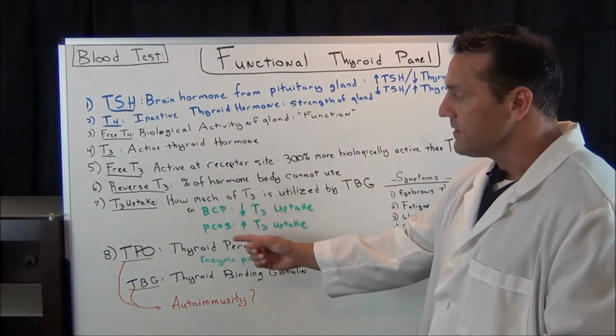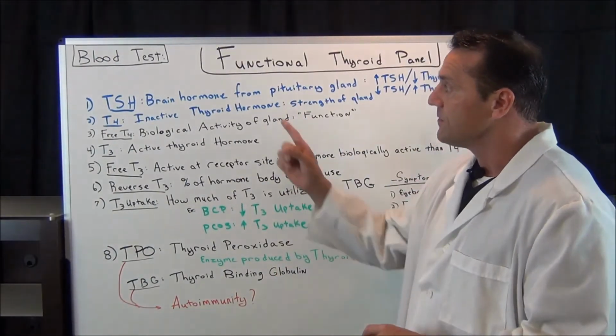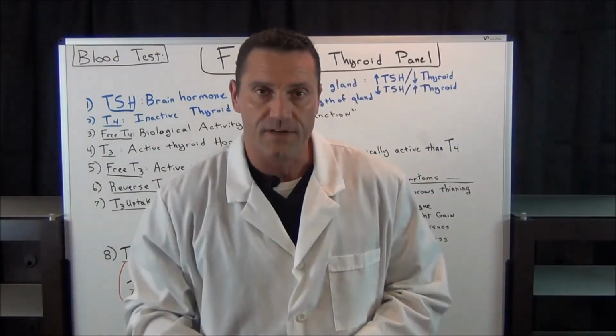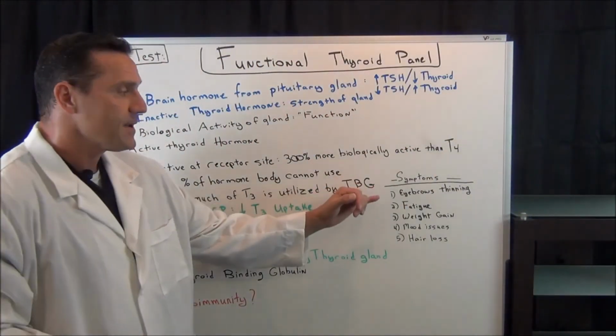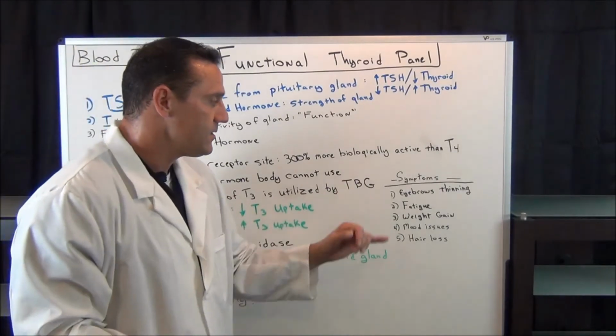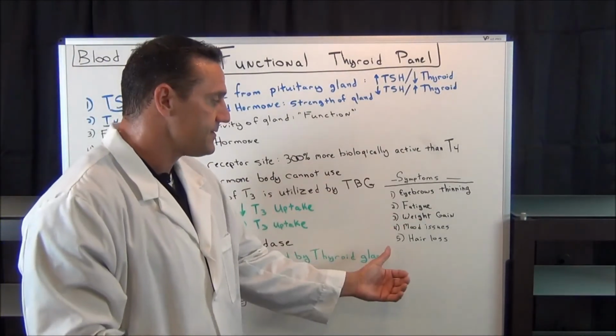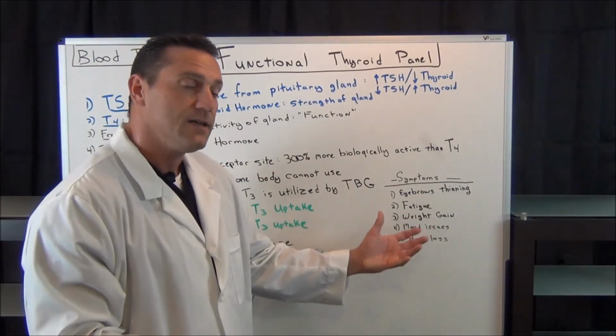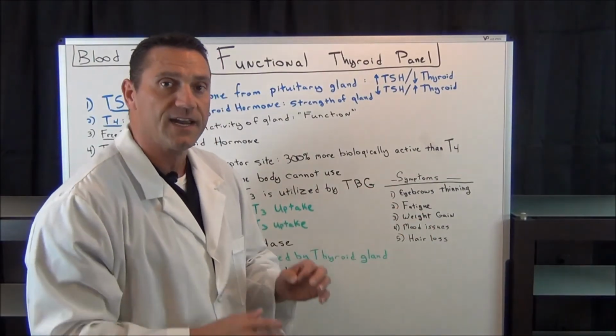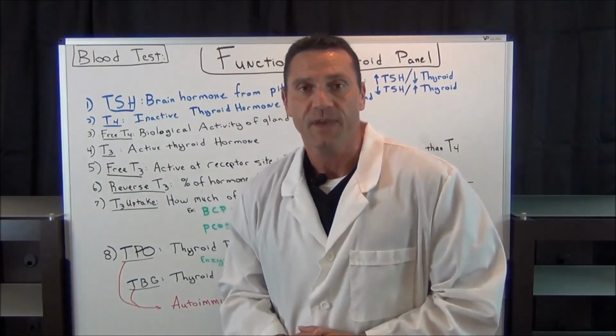So you can see here, there's 8 indicators for a functional thyroid panel, because if you're experiencing eyebrows thinning, fatigue, weight gain, mood issues, hair loss. This is just five symptoms I just put together off the top of my head. But if you're experiencing any of this and you're not getting the answers you're looking for, please give me a call,